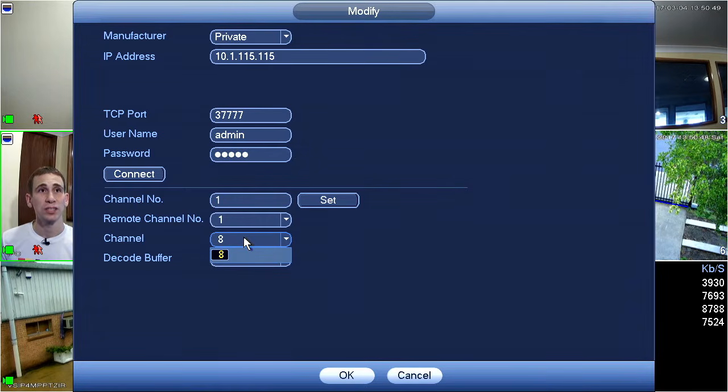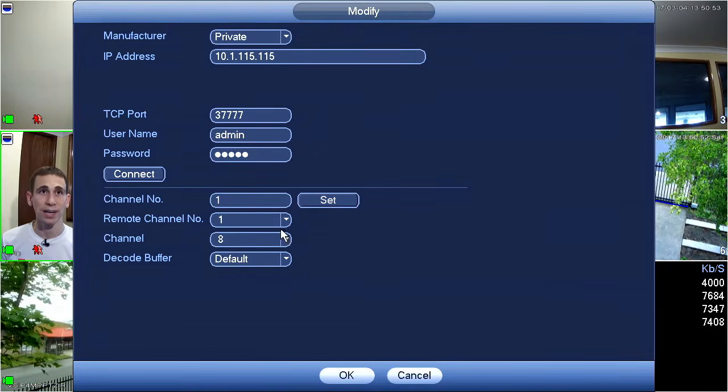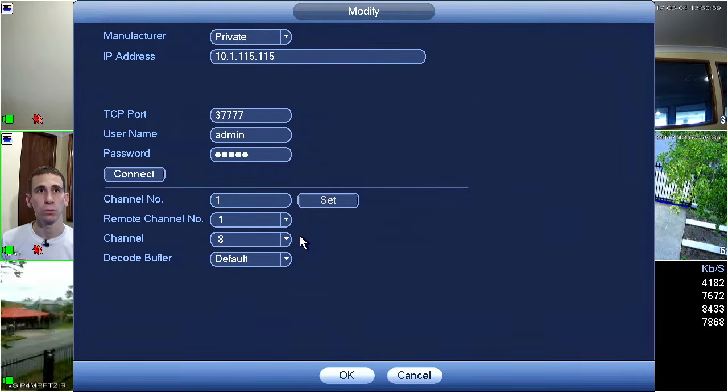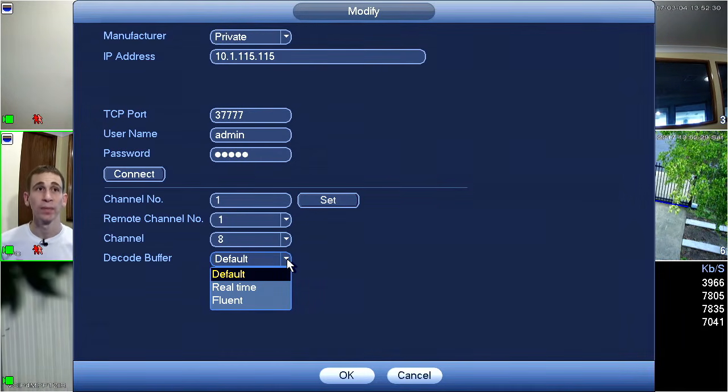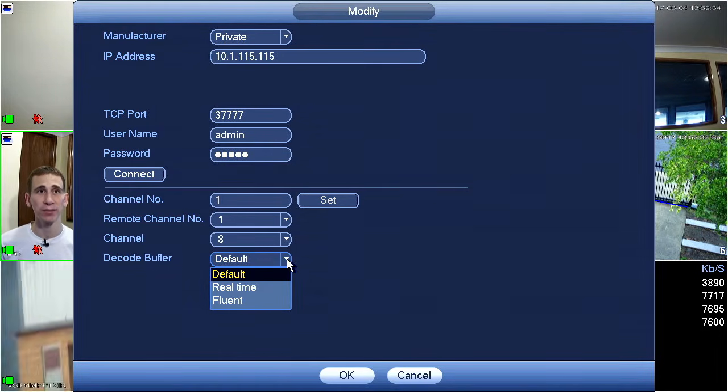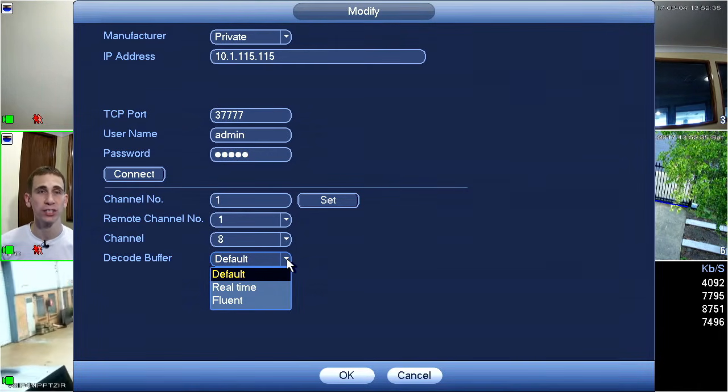Channel here is the channel that's been set up for us when we've added this camera. As I described before, to change the channel, delete the ones that you want to delete and re-add it in its correct position. The decode buffer essentially sets up the caching behavior, or the buffer behavior, for this channel on